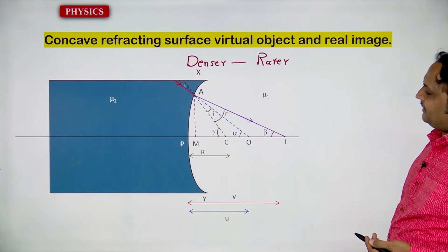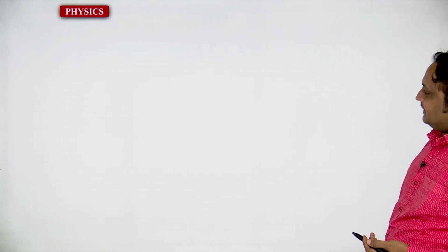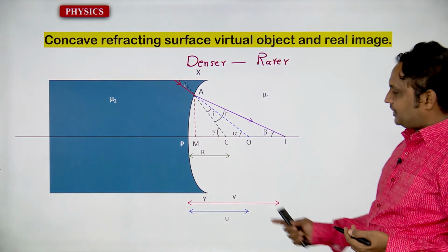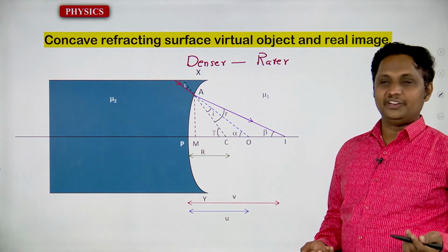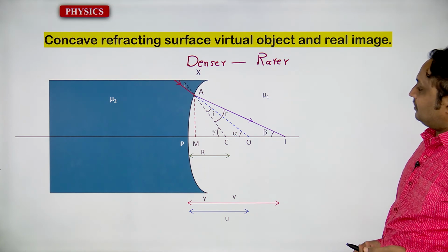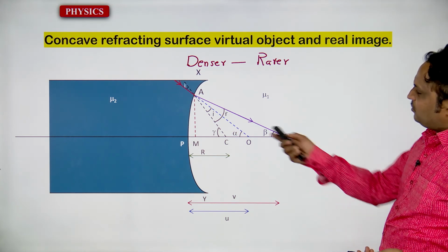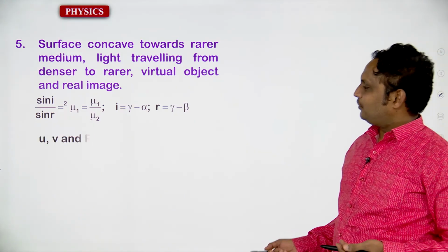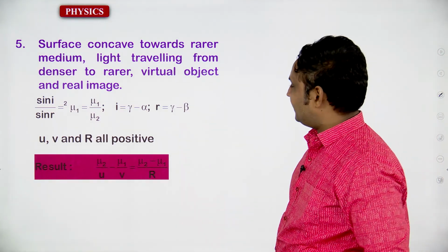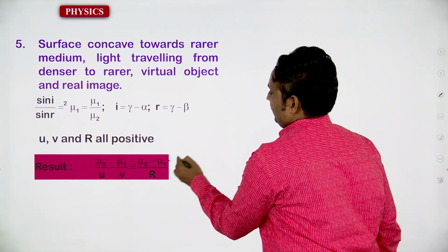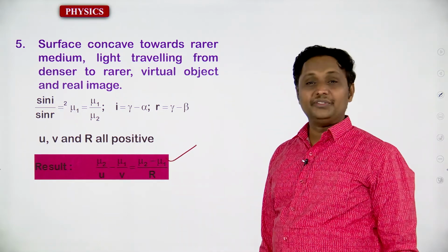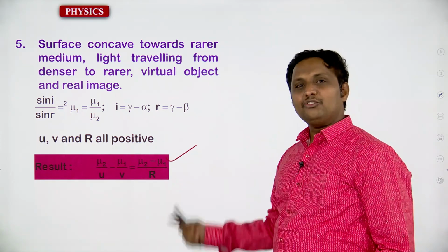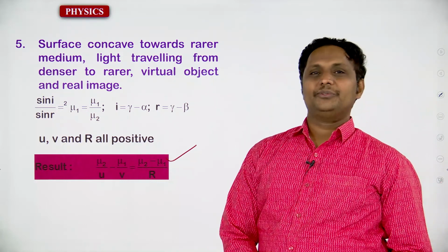Just you have to take this one. Here all are going to be the negative, you can easily find out that, alright. Yeah, you will apply the Snell's law and you can solve the problem, it is very clear. So, in this way you are going to get that all are positive, just you have to take this relation, in this way we can solve all the problems.